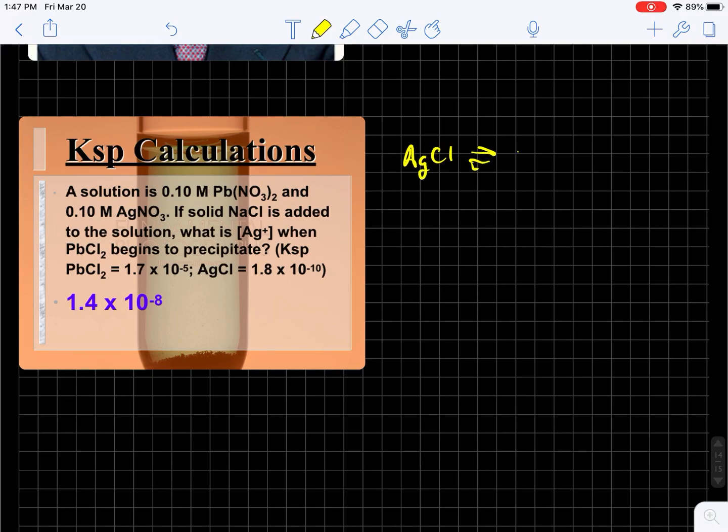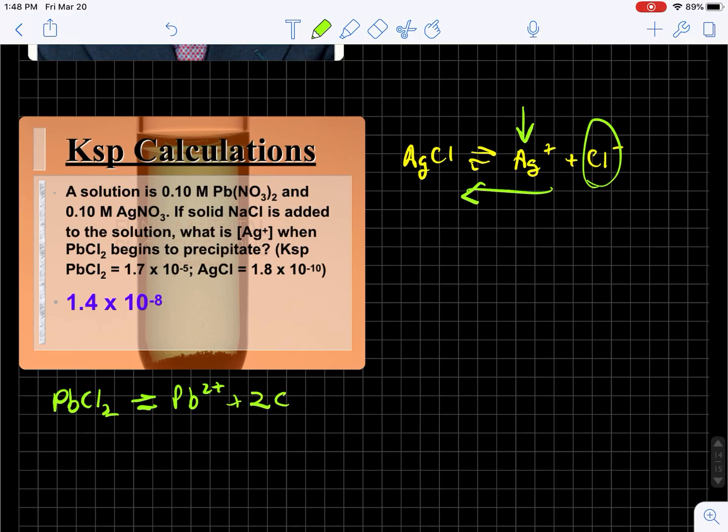So silver chloride produces silver ions plus chloride. And as we continue to add chloride ions, this is going to shift to the left, and we're going to wind up with a much lower concentration of silver once the lead chloride starts to precipitate. And that's the key. They said once the lead chloride starts to precipitate. So we can use the lead system to figure out what the chloride concentration is at that point. And then once we know the chloride concentration, we can go back and figure out the silver concentration. So lead chloride